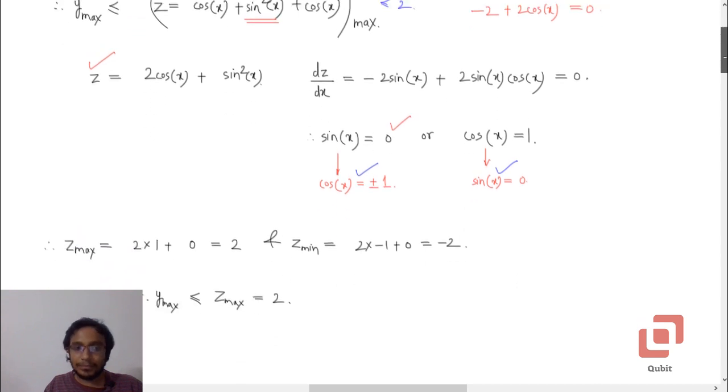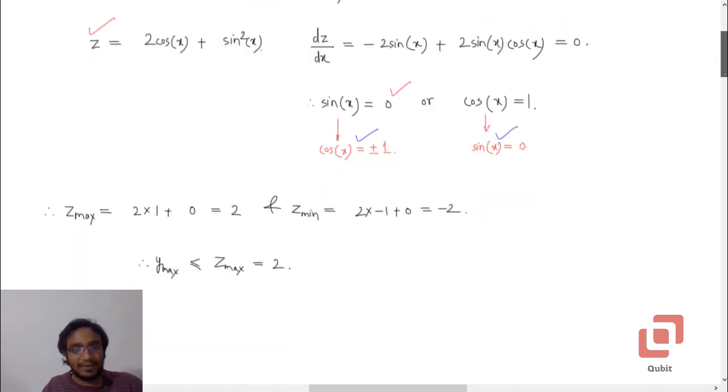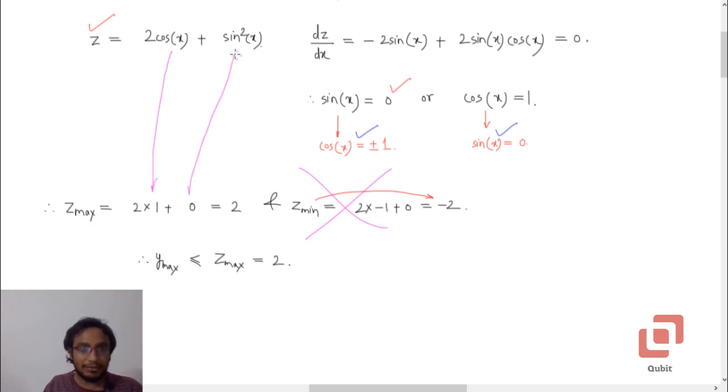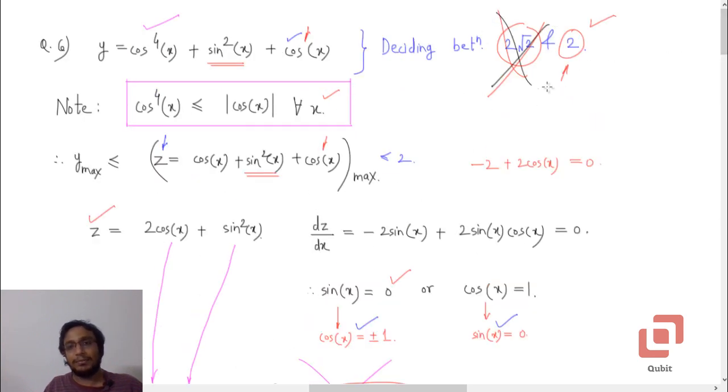Yeah, see, that's what I did here. Z max: when is z max going to be there? You can also try with cos x equal to -1, but that will give you a negative value, which you would not like. That will give you z min, in fact, but we are not interested in z min, so we'll ignore it. We'll go to z max, which will be 2 into cos x, which is 1, and hence sin squared x will be 0. So it will be 2 into 1 plus 0, so 2. By the inequality, y max cannot be greater than 2, and therefore the option 2 root 2 is not right. It has to be 2, and it is 2.